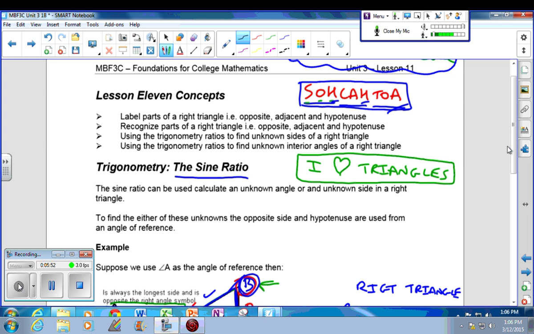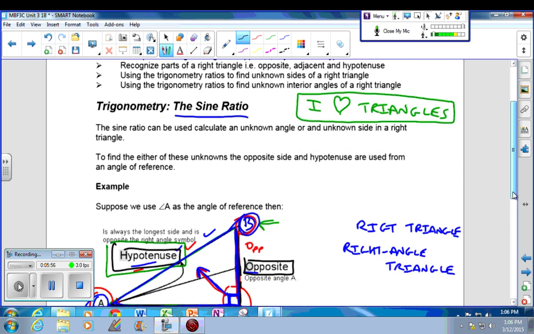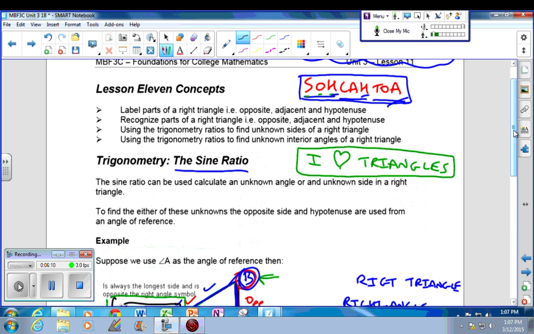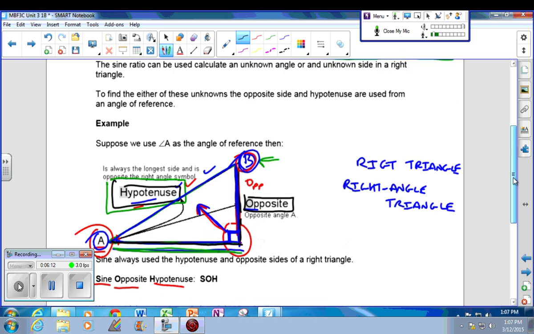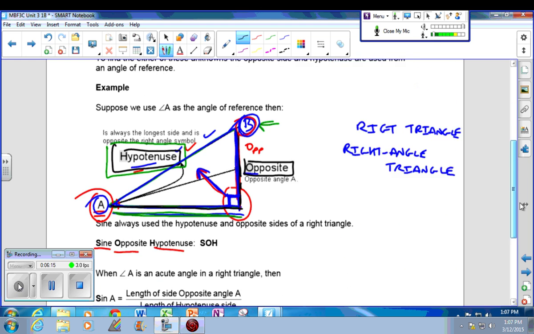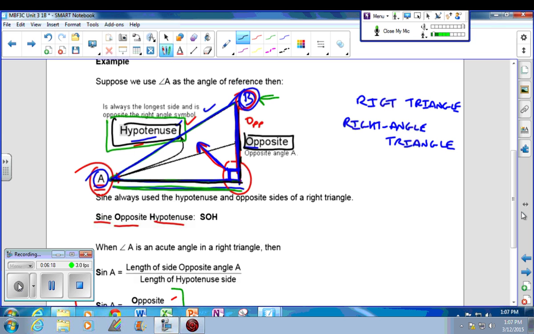You have to have a right angle in a triangle. It has to not just look like a right angle, but it actually has to have a little box in the right angle. Because if it doesn't have a little box, then whoever drew it is not guaranteeing that that's a right angle. It's very hard to make the assumption that it is if it doesn't have the box. Okay, so we can use our SOHCAHTOA, which of course stands for the three different trig ratios that we use on right angles,